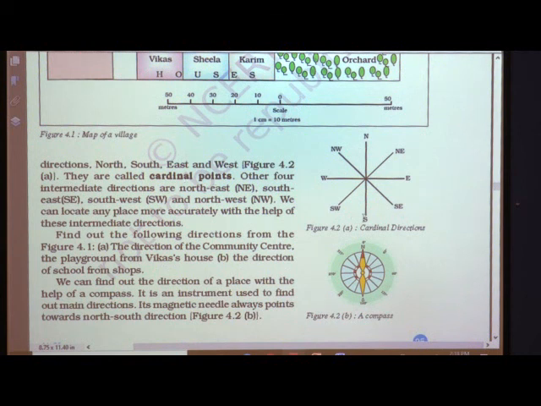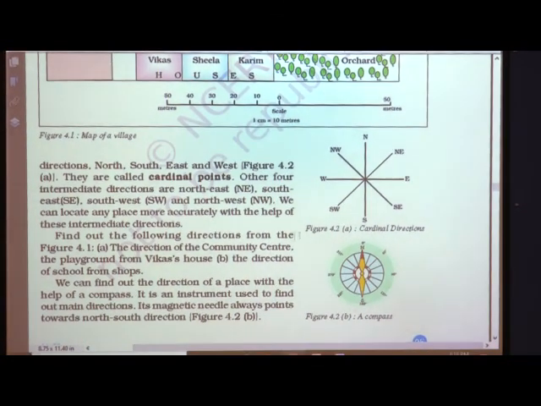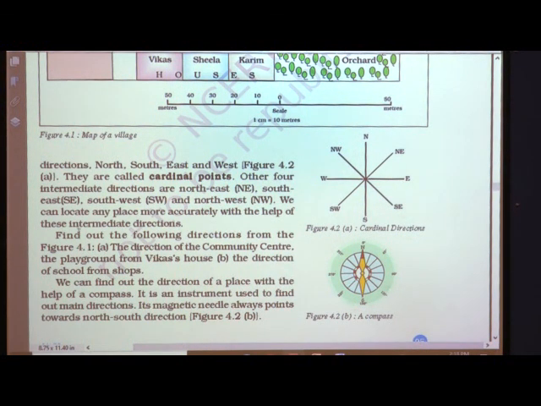And there are 4 intermediate directions, called northeast, northwest, southeast and southwest. We can locate any point accurately with the help of these intermediate directions. With their help, it is very easy for us to locate a place.